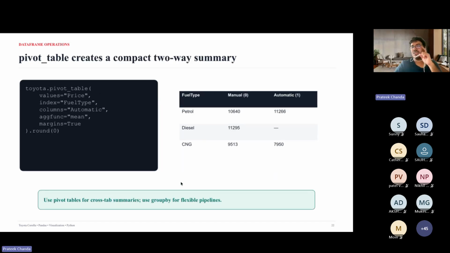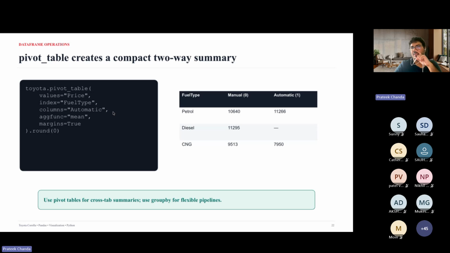So there is also a thing called pivot table. You can create a two-way summary out of a data frame table. Let's say these are my corresponding values and the indexes that I provide, and I can create a corresponding pivot table where it shows, for the corresponding fuel types, how many manual and how many automatic cars I have.